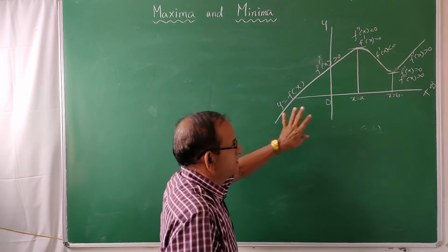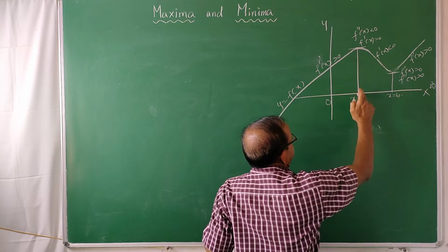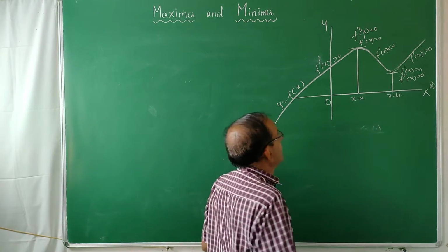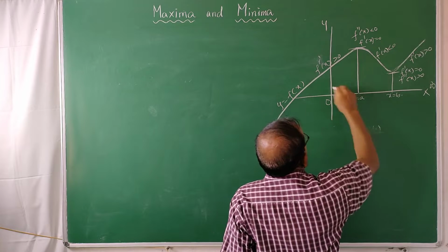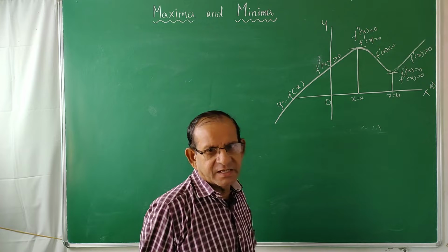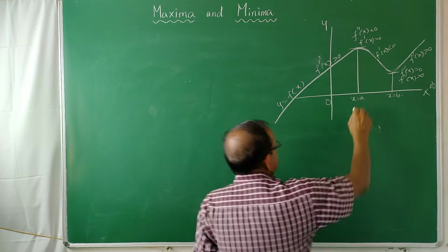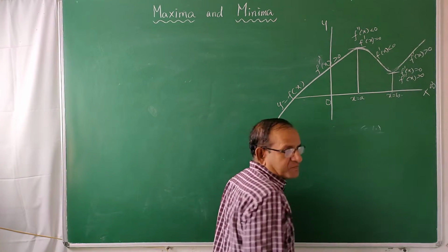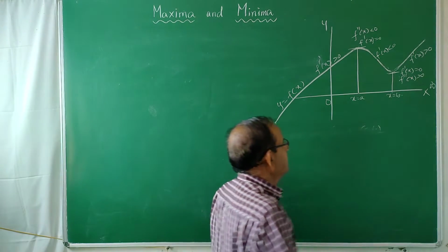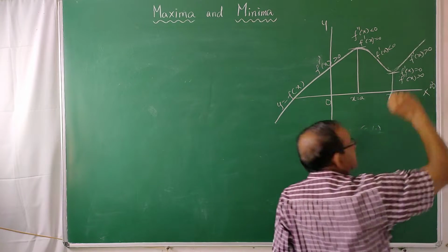See here, see this diagram. Suppose the function is increasing from minus infinity to a, between a and b it is decreasing, again from b to infinity it is increasing. Now, from minus infinity to a, first derivative must be positive. Just now I told you, if a function is increasing in an interval, its derivative must be positive. Now, between a and b the function is decreasing. So, in that interval f dash x is negative, and after b, it is again increasing. So, f dash x is positive in that interval.